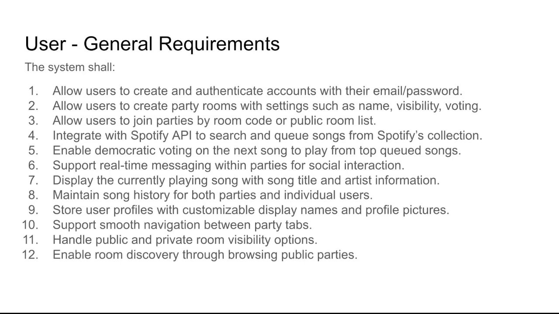The general requirements for this app were that the system shall allow users to create and authenticate accounts with their email and password, allow users to create party rooms with settings such as name, visibility, and voting, allow users to join any parties by room code or public room list, integrate with Spotify's API to search and queue songs from Spotify's collection, enable democratic voting on the next song to play from the top queued songs,